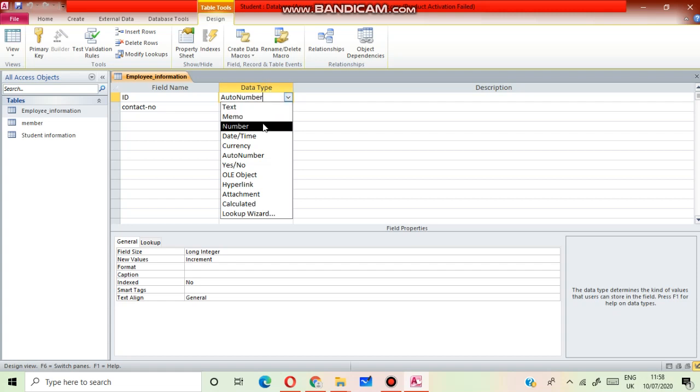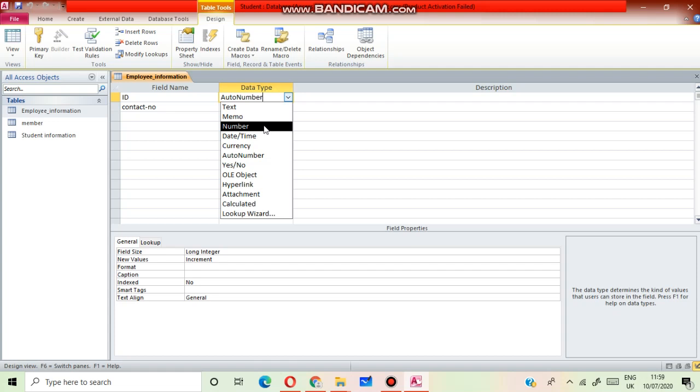Next, memo data type. It is used to store long text comments. This type has a limit of 63,999 characters. Next, number data type.